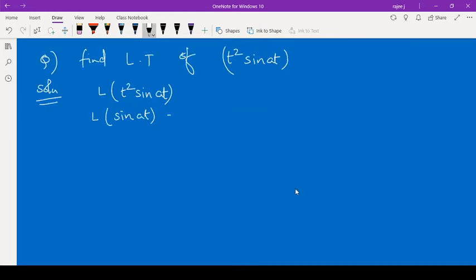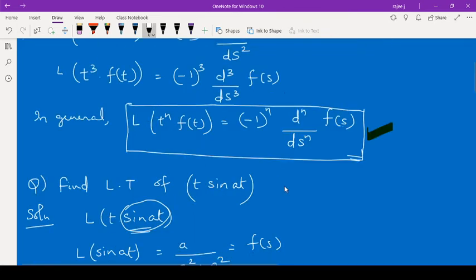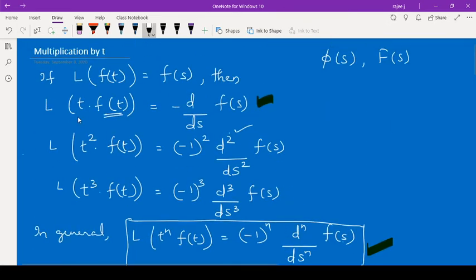So L of sine at, as you know, it is a upon s square plus a square. Then here it is L of t square sine at. So if you remember the first formula, what formula we have given here? It is if L of t into f of t, means when it is t here,